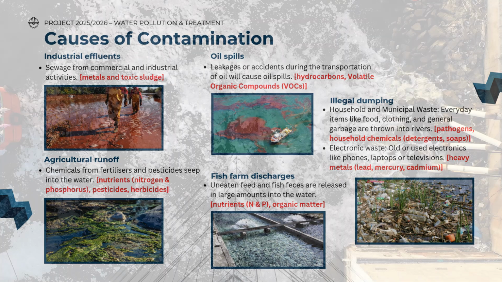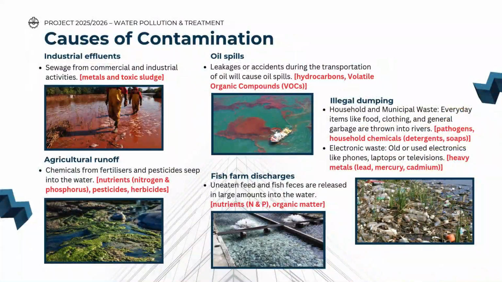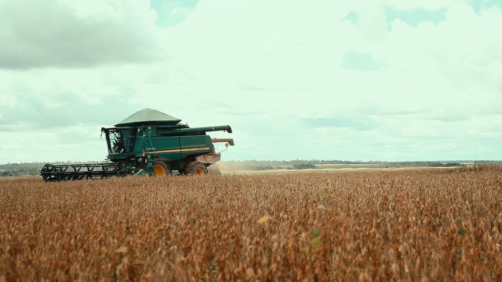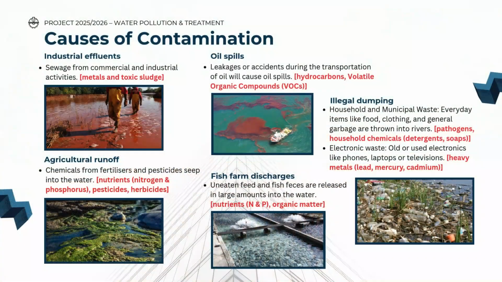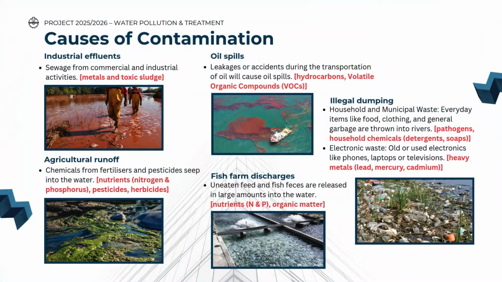First, we've got industrial effluents, which is basically toxic sludge and metals from factories. Then there are oil spills, usually from transport accidents, leaking hydrocarbons and VOCs into the water. Moreover, there is agricultural runoff, where fertilizers and pesticides wash into rivers, loading them with nitrogen, phosphorus, and chemicals that trigger algae blooms. Fish farms also contribute to pollution, whereby uneaten feed and fish waste release tons of nutrients and